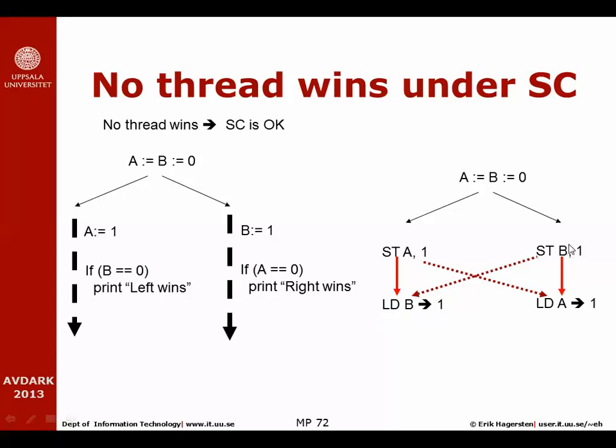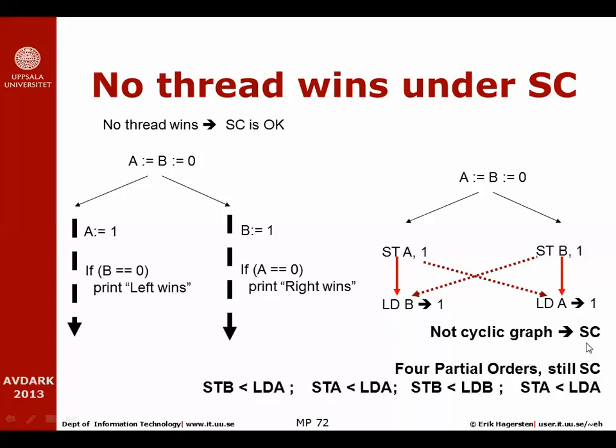So do we have a cyclic graph here? No, we don't. There is no cycle. We have these two arrows here, and these two arrows here. So it's not cyclic, and what we will observe here are 4 partial orders. If this store A happens before load B, that's 1. Store B happens before load B, yeah. Store A happens before load A, yes. And store B happens before load A. And there is no contradiction here. So all these different orders are okay. So even if we get partial orders, we can't establish the global order between all 4 different memory